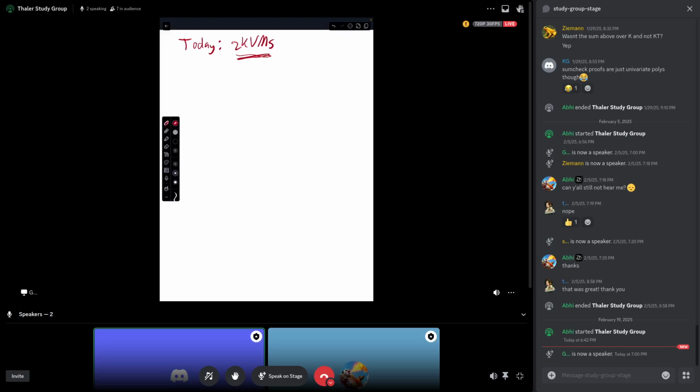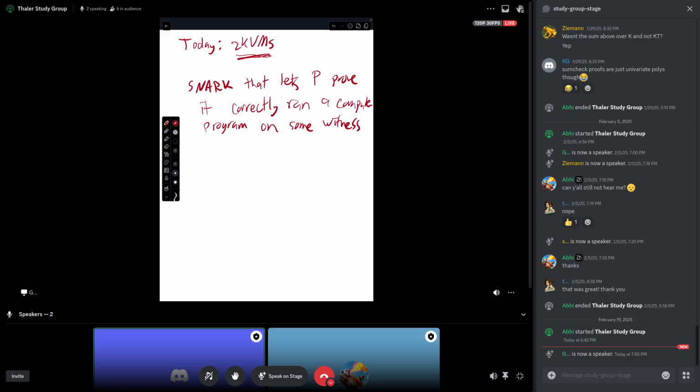Let's talk about this. So a ZKVM is a snark for a particular kind of statement. It lets a prover prove it correctly ran a computer program on some witness. So let's say the witness is committed at the start of the protocol, where the program is specified,